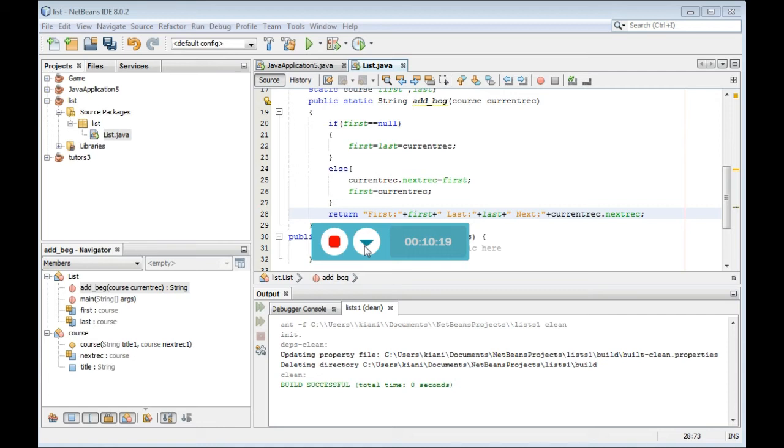This is the string. We will return this string to the main function to see the addresses of first, last and next record. So we add course record 1, 2, 3 and see the addresses at the beginning. This is add at the beginning. We will add at the end also, remove from the end, and remove from the beginning. So these are the functions.